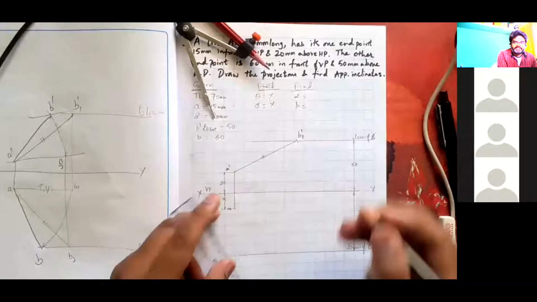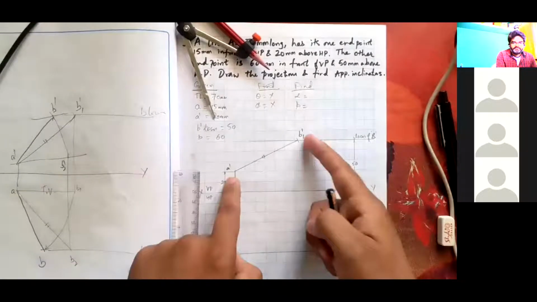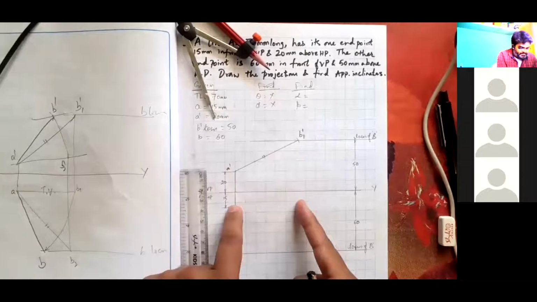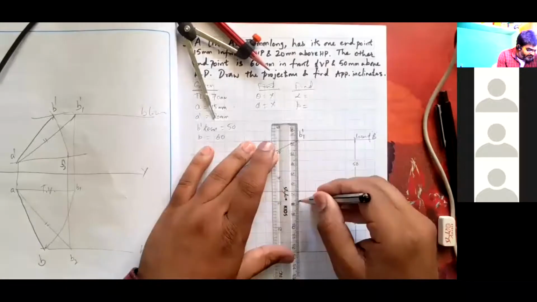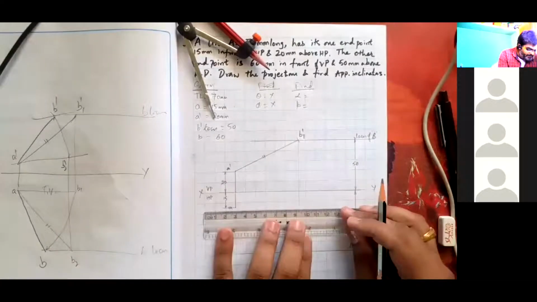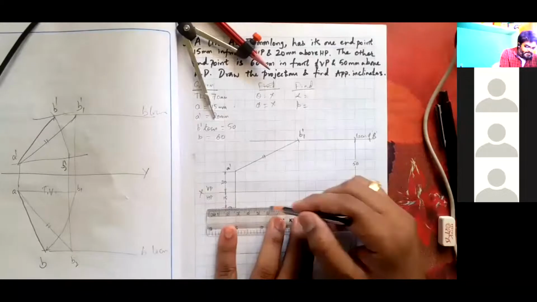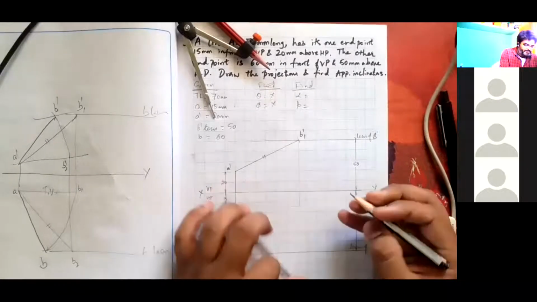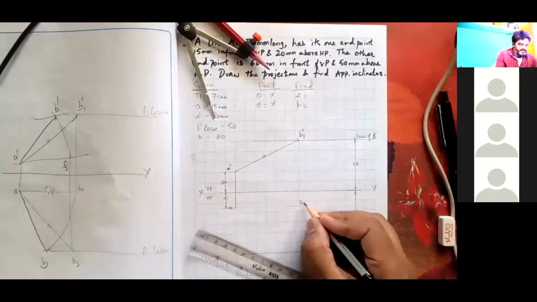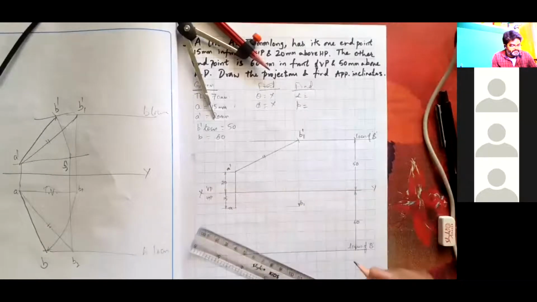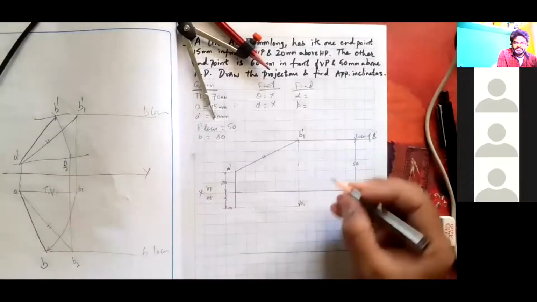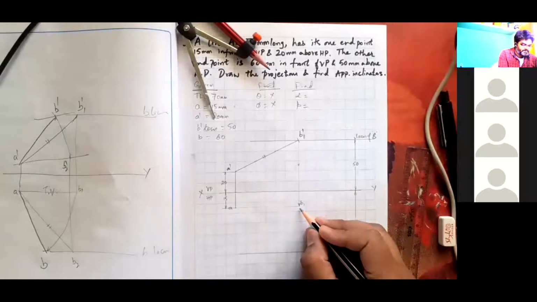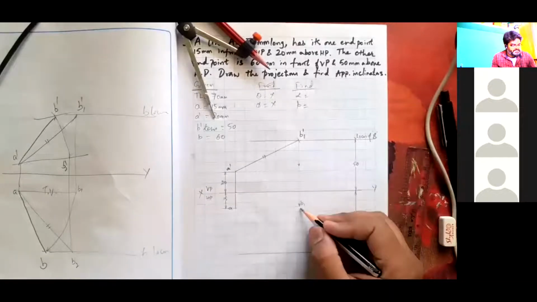This true length has to be projected towards the top view. Then I'll get the top view distance. I'll drop this projector till here, 15 mm, what was given in the problem. Yes, this is B1. This is the location B1. I'm just drawing an arrow mark saying that this projection will lie and end till here. Able to get it? I'm drawing an arrow mark here to say that the projection of B1 dash will end till here. Now I'm going to take the compass.